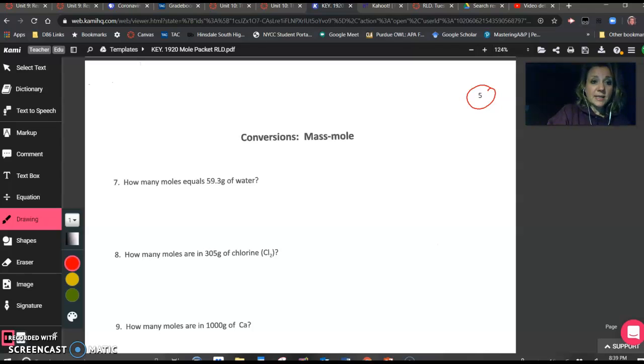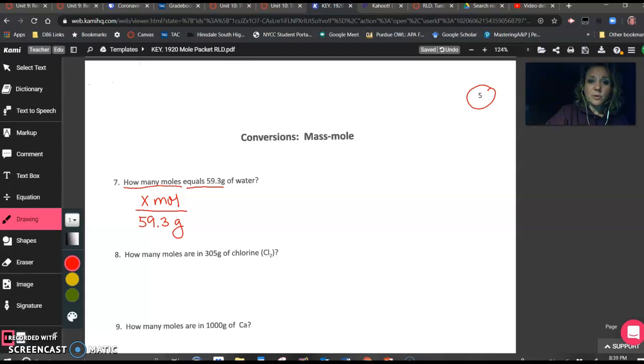So my question says, how many moles? This means that I don't know how many moles, and that's exactly what I'm trying to find. And so the top part of my proportion on the left side will be X moles. And I want to know how many moles equals 59.3 grams of water. So I'm going to put 59.3 grams at the bottom. So when you look at this fraction, remember, this big long bar here is going to equate X moles